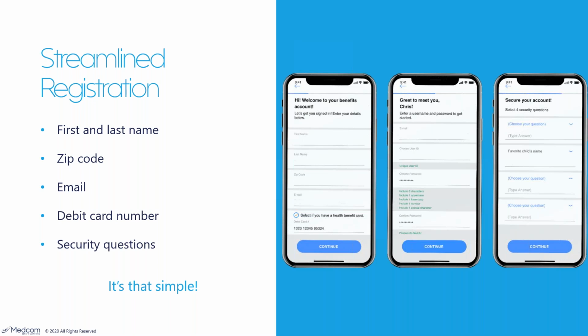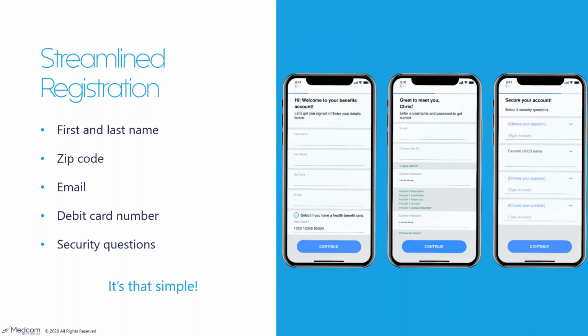They also do not have to download a new app. Their phones will simply update the existing app. For many participants, because this has been rolled out into production, they might have already seen some of these new features. So this registration process really applies only to employees who have never registered before,